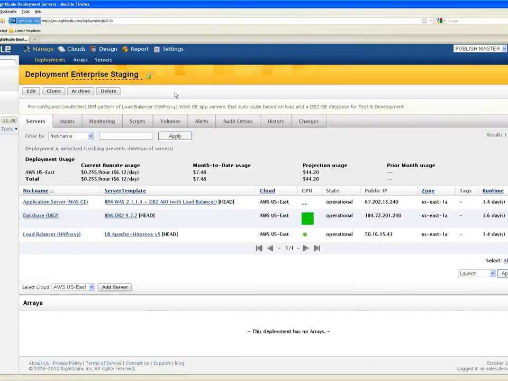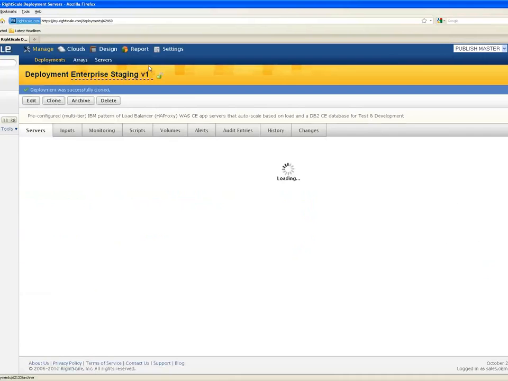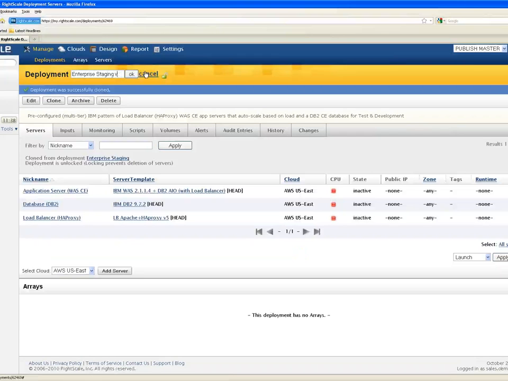And the first step is to basically make a copy of this. And you notice in the upper left portion of the dash we have the clone button. So I'm going to go ahead and click clone, which will create an exact copy of this particular